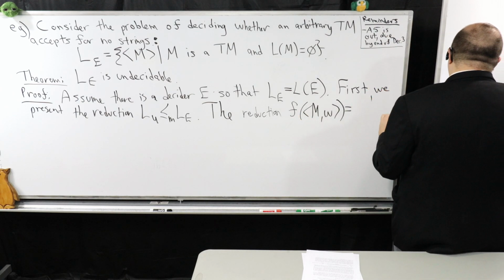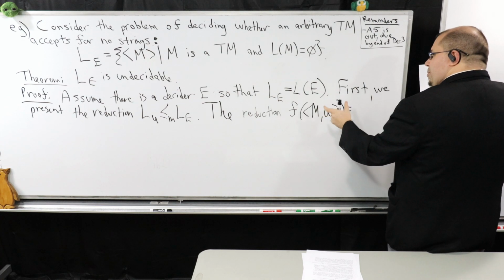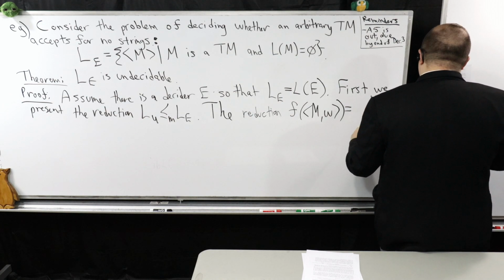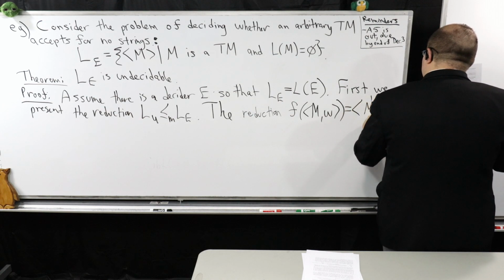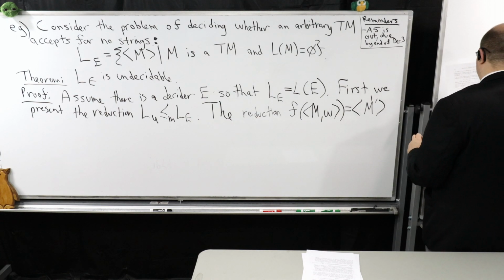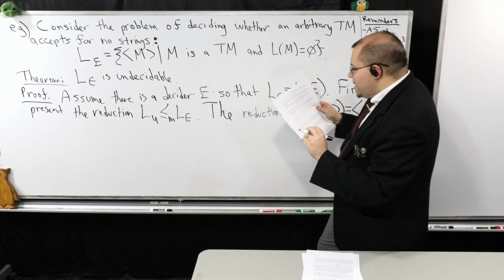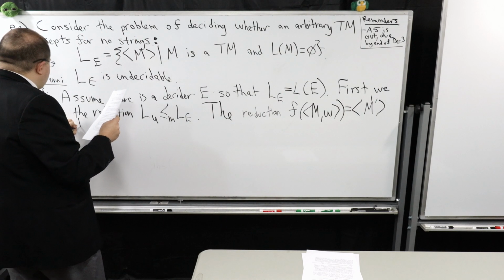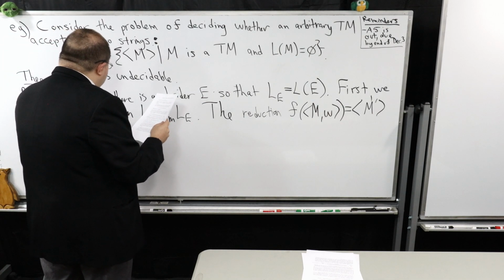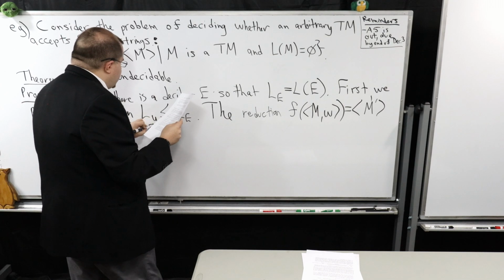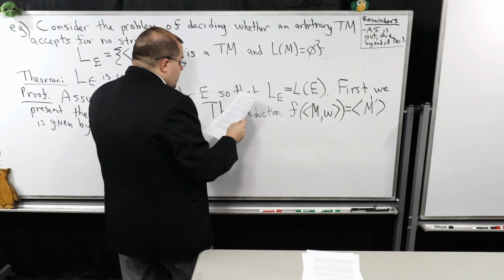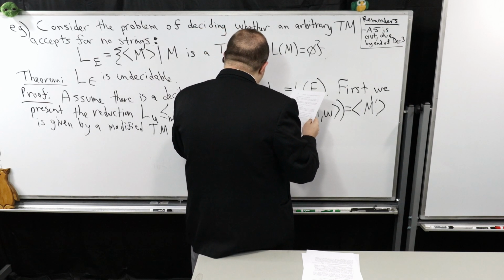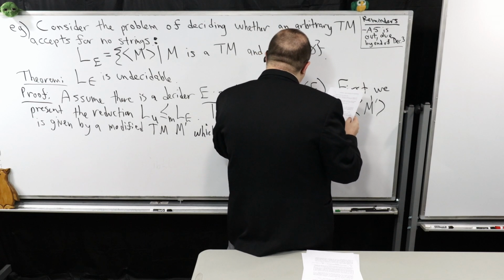So I'm going to have F. It's going to take in the input in relation to the universal language, and it's going to give me some encoding of a Turing machine, M prime. It is given by a modified Turing machine, M prime, which in its description, so this is me describing the construction to you,